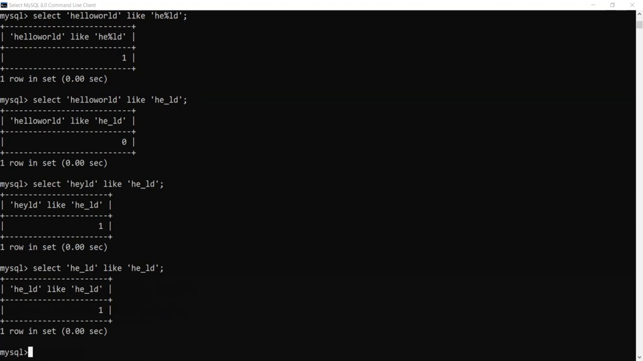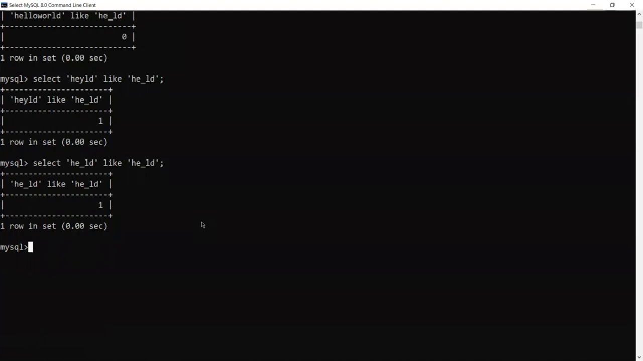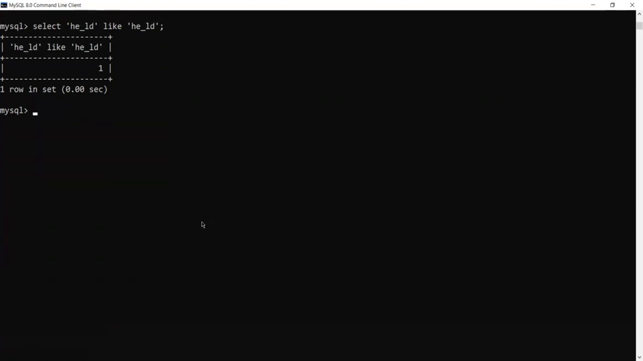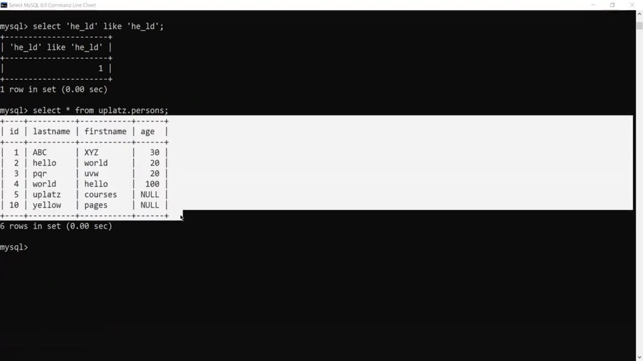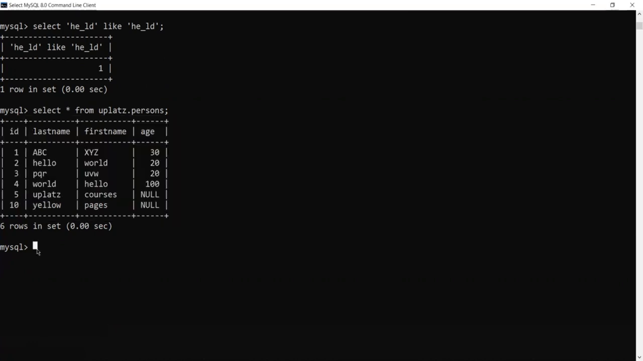Next we move on to the in operator. We had already discussed a small summary about the in operator while we were studying about OR logic. As per OR logic, if any one of the conditions is true, then the entire condition is true. So what is happening here is, we'll take our table uplads.persons. We have 6 records in it. So we have 6 rows in this set. Now let's say I want to find out the record for